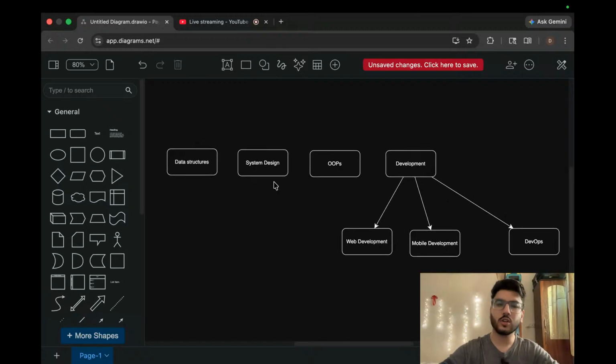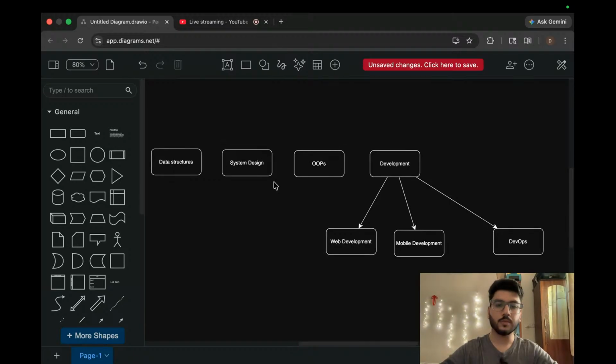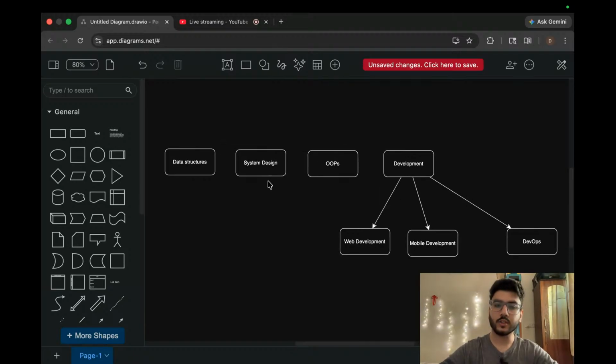Other things also come up, like computer networks and operating systems, but I'm not considering them because generally if you are going for software engineer roles, they are not too important. Yes, the basics are important, but I'm considering the main core of software engineering that is really very important. Okay, so these concepts come into our minds, that we need to prepare for this